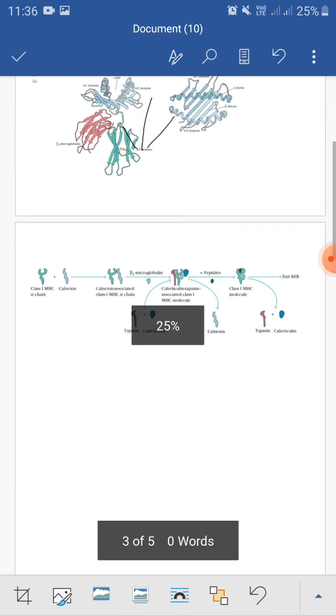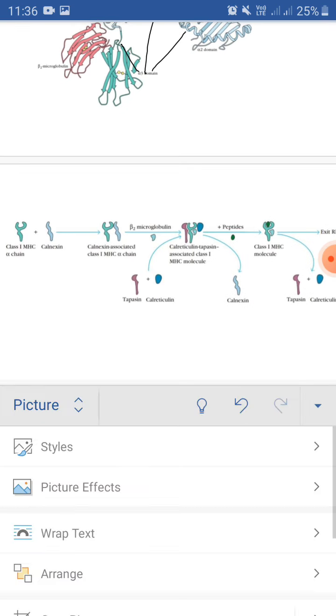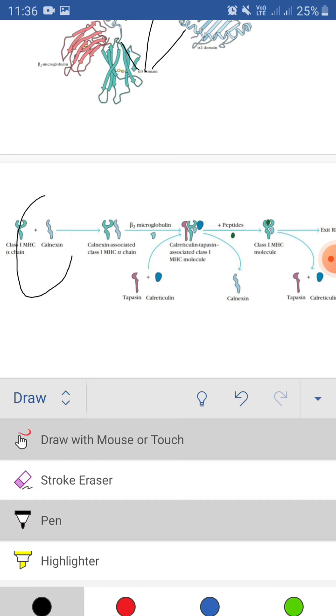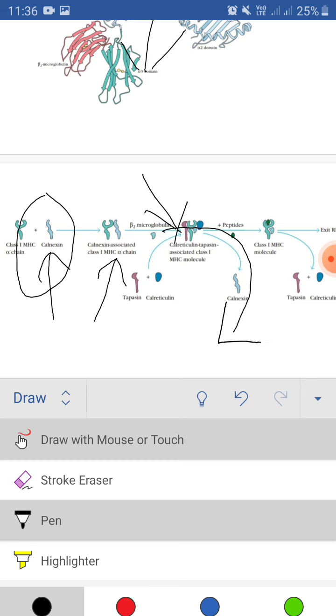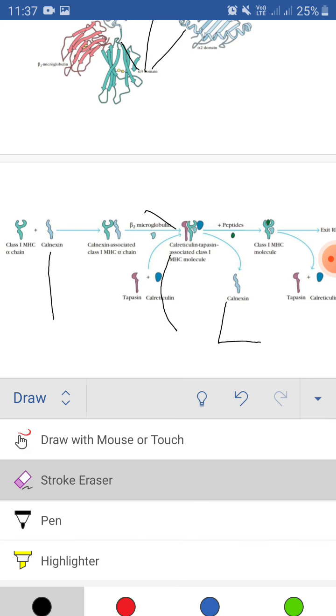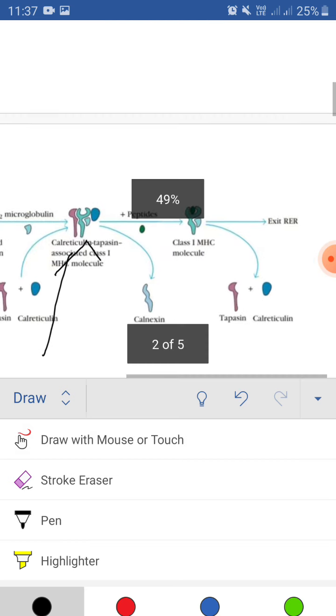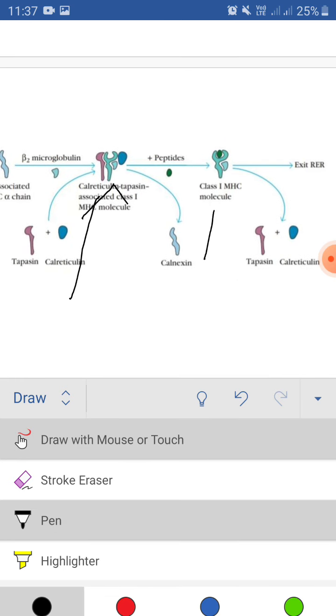And now I will show you the general process. Here is the process mainly. This is the MHC molecule, then first a chaperone binds, then it associates, then once the beta subunit comes and binds, the chaperone is released. Then another two chaperones, tapasin and calreticulin, bind. Then once the peptide is bound, these two chaperones are also released,